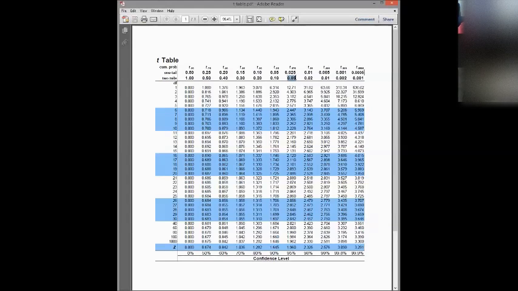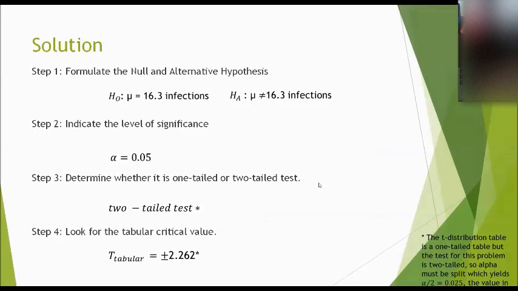To get the degrees of freedom, 10 minus 1, it's 9. So looking for the DF, which is 9. Here's 9. And of course, the intersection of 9 and 0.05, okay, two-tail. I'm looking at the two-tail. It's what? 2.262. Okay, that's how you get the tabular or the t-value. Okay, let's check. So again, it's 2.262. It's 2.262. Can you see it? Now, moving into step 5. Next slide.